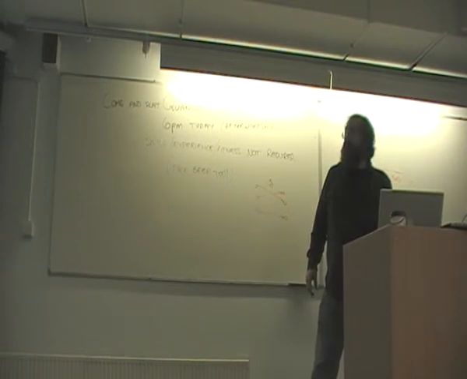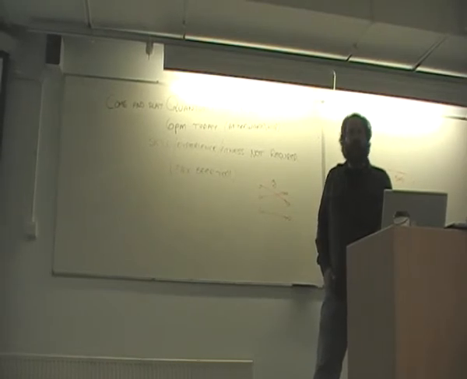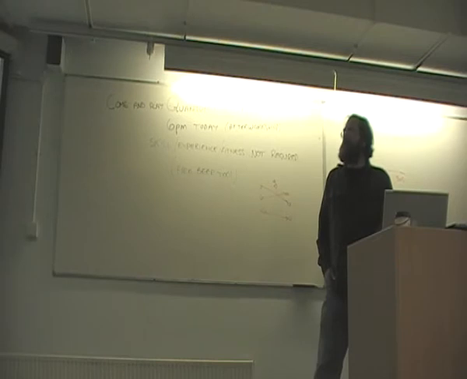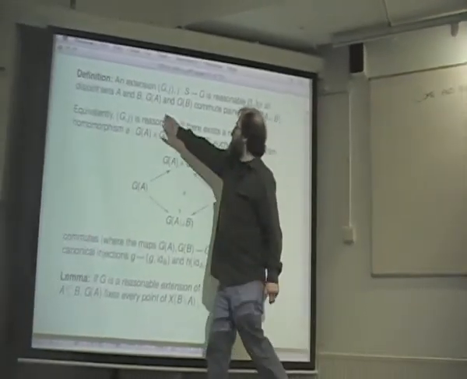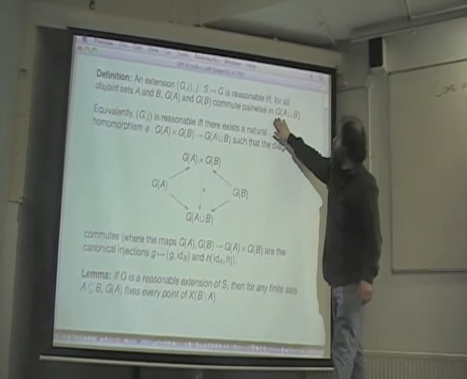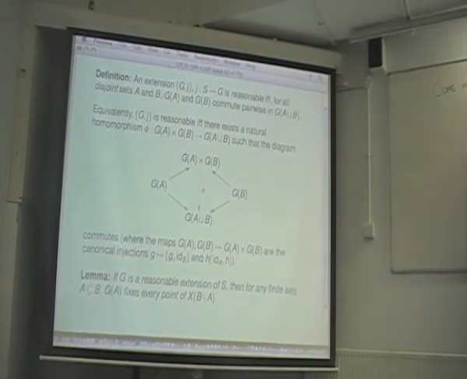Another condition that I need, which I also think is reasonable, with great imagination, I've decided to call reasonability. And it's simply that if I have 2 disjoint sets A and B, then the groups G of A and G of B, regarded as subgroups of the union of A and B, should commute pairwise. Roughly, it's kind of like what Vernon was talking about. If I have these 2 separated systems, I know I've got one or the other. Well, if I perform a symmetry operation on one side or the other, it shouldn't matter which one I do.